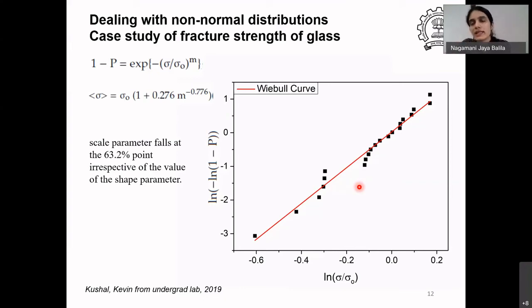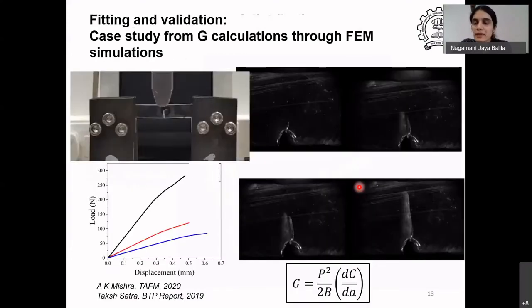For metals, it's actually high, at greater than 100. So the reliability in data obtained from metals is very high. Whereas for ceramics and glasses, you will have to do many more tests in order to be more sure of the value that you're getting. The last part that I would like to talk about is how to do some non-linear fits as well.